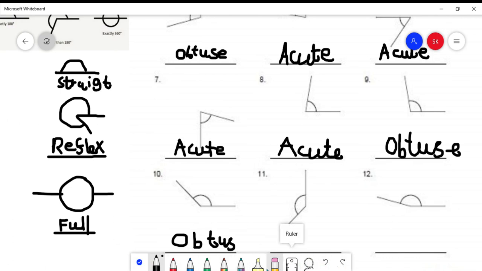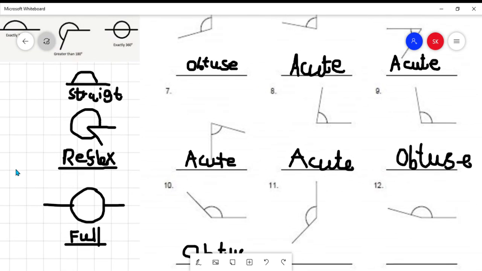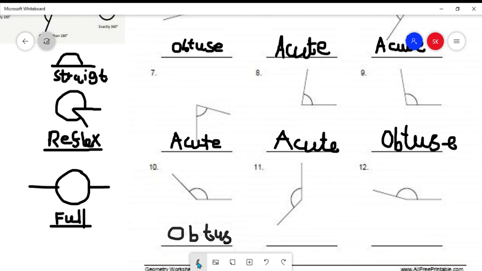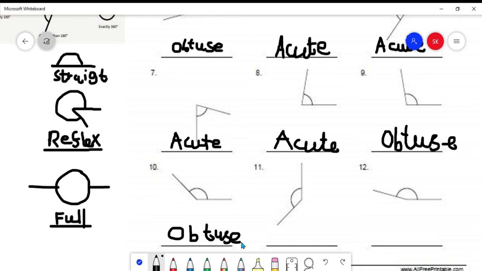And the next one is another obtuse angle, and the next one, 12, is an obtuse too. So the rest of them are obtuse. They were